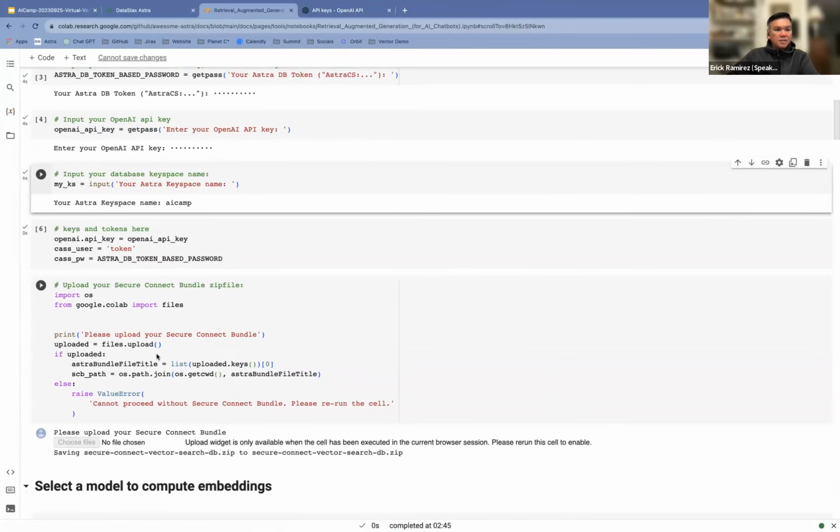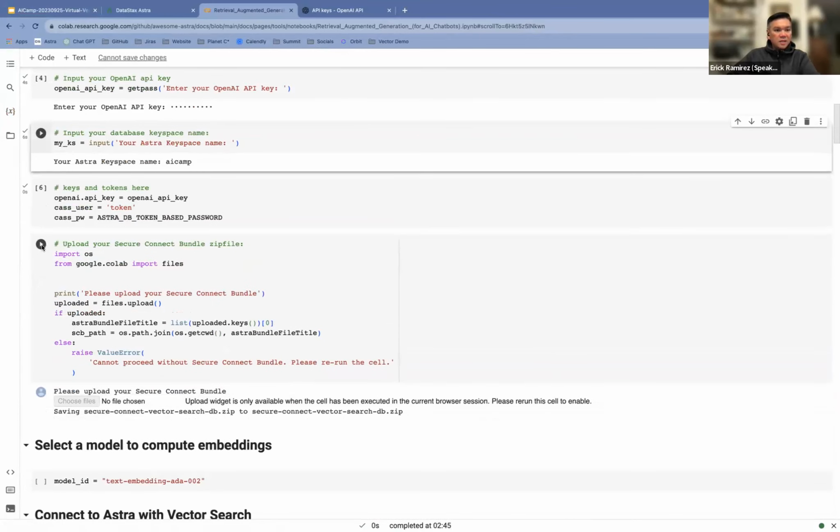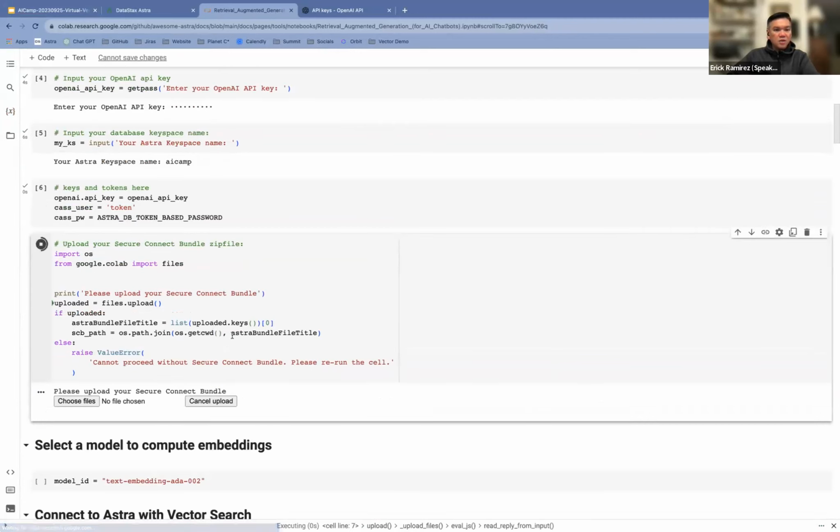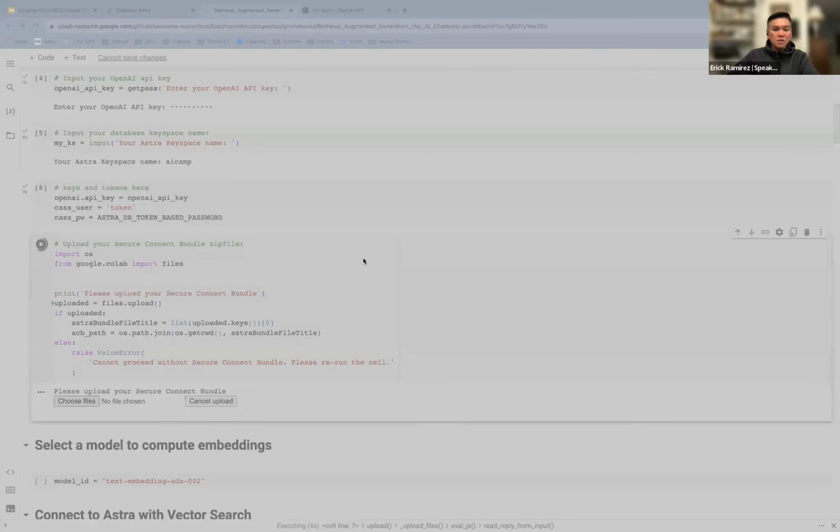Now the next thing I need to do is upload my Secure Connect bundle, just so this notebook knows how to connect to the database.